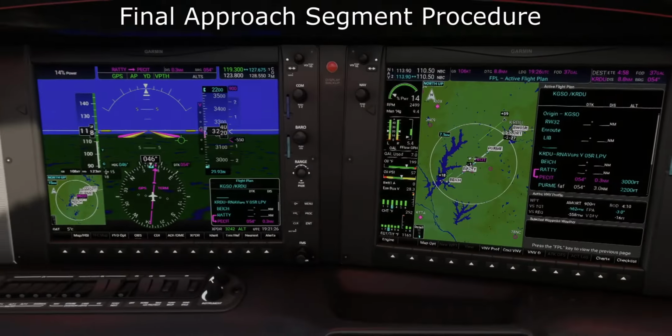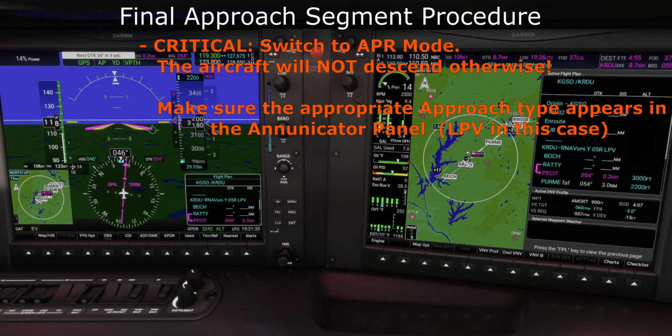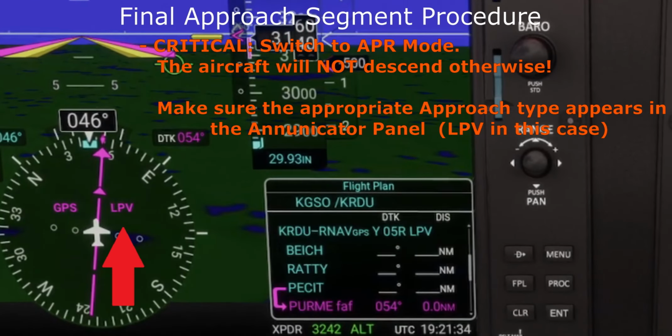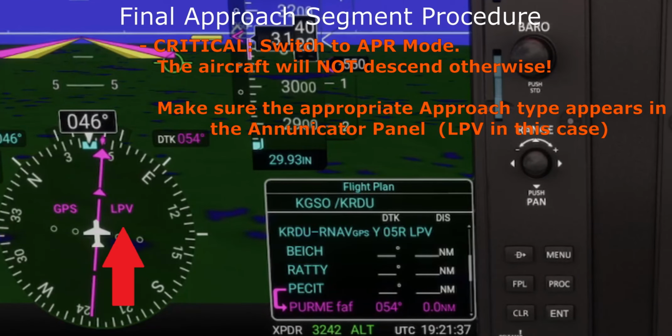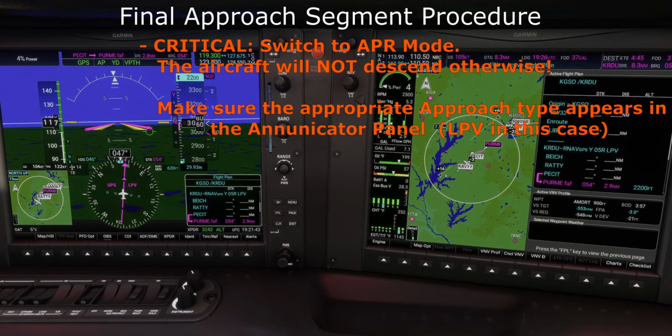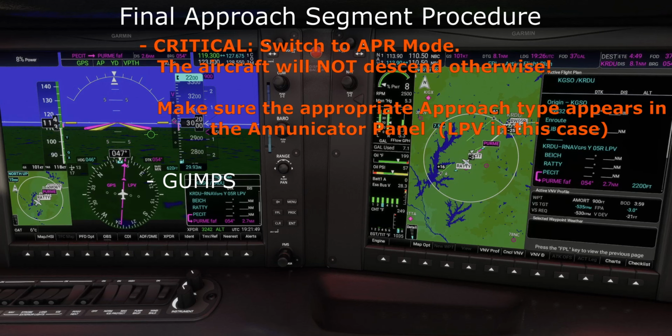Okay, so this is the final approach segment. The most critical part of this segment is to make sure that we're in approach mode. I'm pressing the approach button now. Otherwise, the aircraft will not descend once we reach the glide path. Now that that's done, we can perform the rest of the landing checklist, which includes making sure our mixture is rich, turn on the fuel boost pump, set our fuel selector to the fullest tank, and turn on our landing